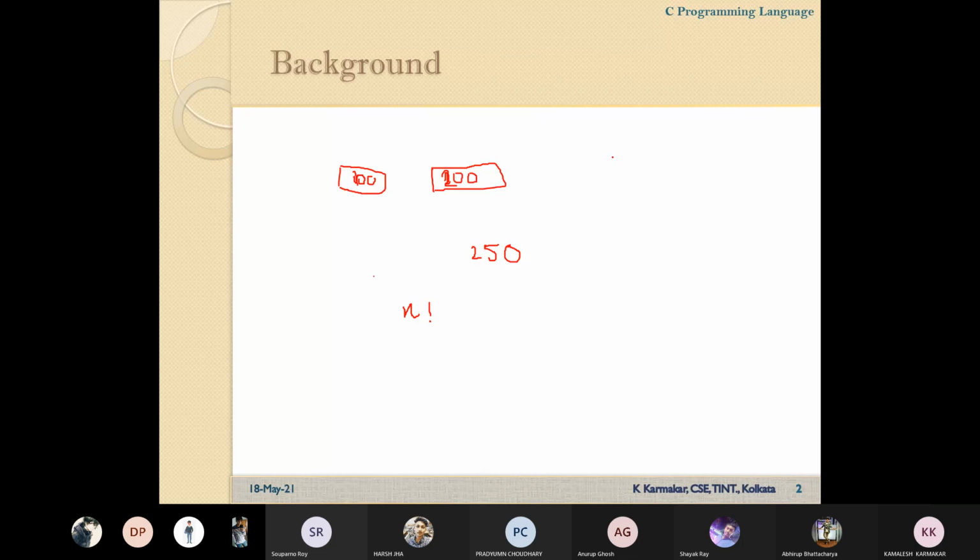So let me consider that two matrices are given. One matrix is A, another matrix is B, and the dimension of the first matrix is Mn, and this one is Pp. If we want to multiply these two matrices, whether any matrix can be multiplied with another matrix, both of these matrices contain integer values. Whether it's possible to multiply any matrix with another matrix.